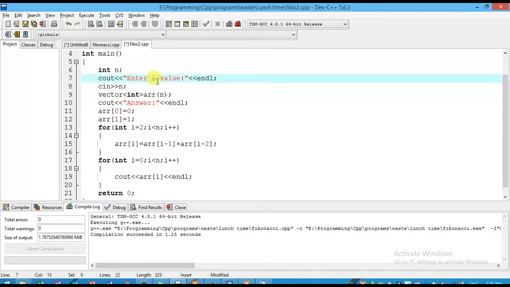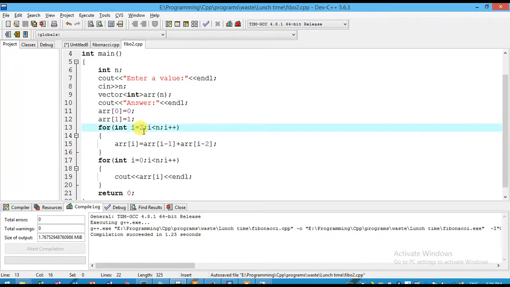That means the limit will be n and array of n will be initialized. That means the array is initialized with n size, and the enter value prompt is for user understanding, and array of 0 and array of 1 are initialized.